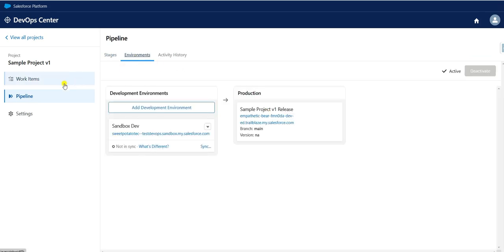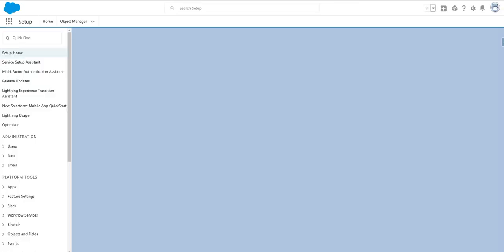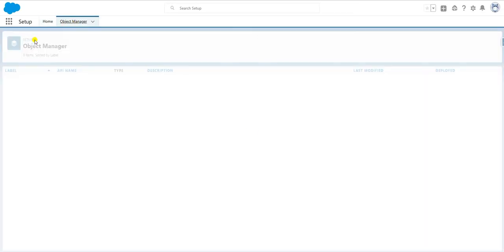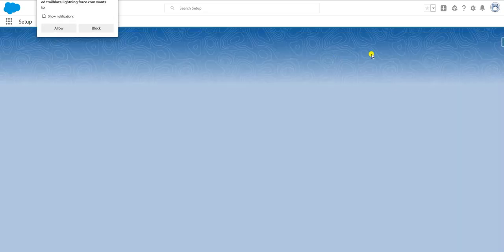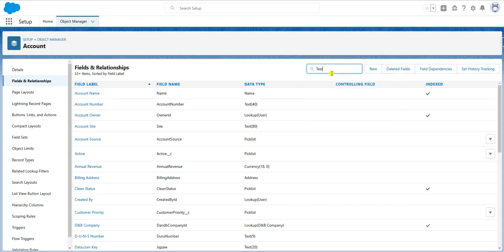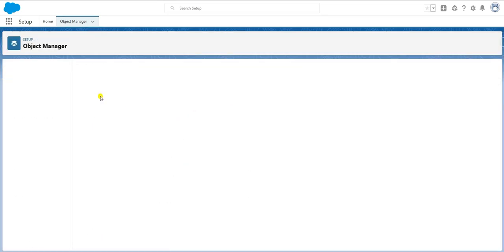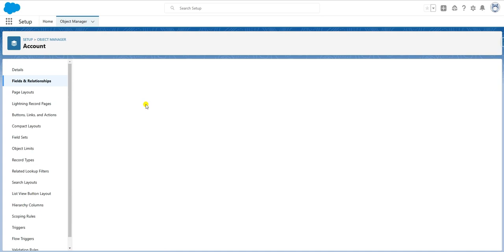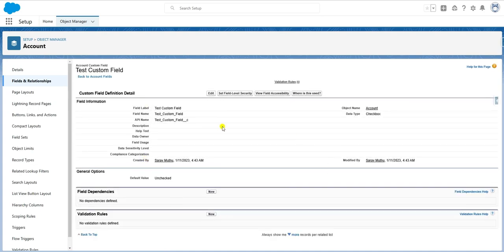You can go to the production environment by clicking on the pipeline tab and clicking on the environments, and if you click on this particular link, it will take you to the production environment. If you go to the account and search for the field, you can see that the field has been created in production. So this is how